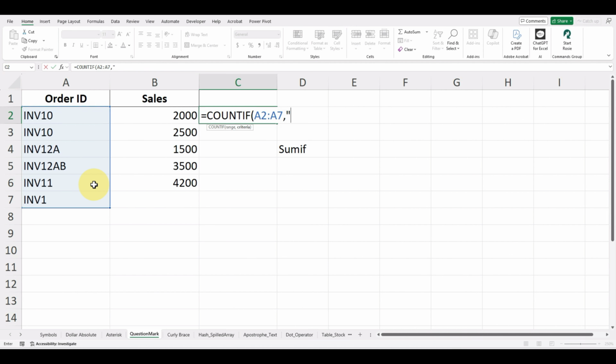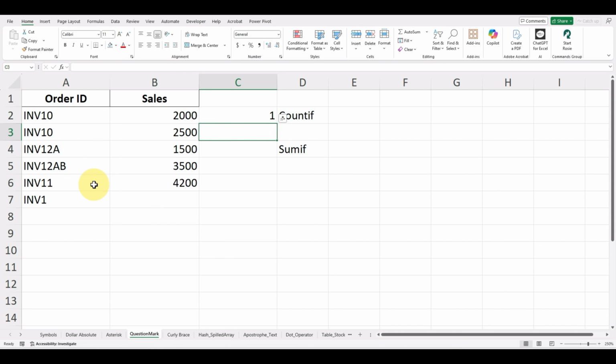What I'm going to count, INV, and then question mark, 1 single character, and it has given me 1. Now you might be wondering why it has given me 1, because 1 question mark means 1 single character. So here we can see there's only this cell where only 1 single character comes after the